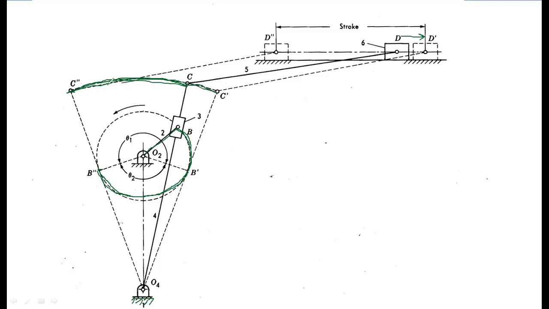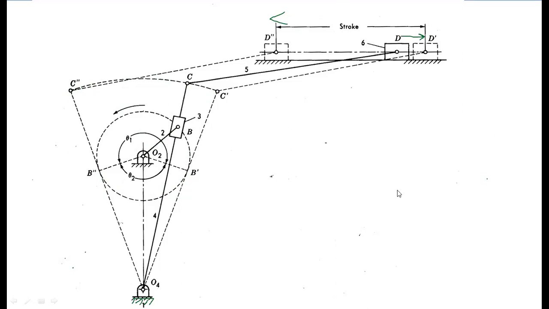It actually took this much range of motion, C dash to C double dash. And the slider came back from D dash to D double dash. This is how the functioning of the crank and slotted lever mechanism takes place.